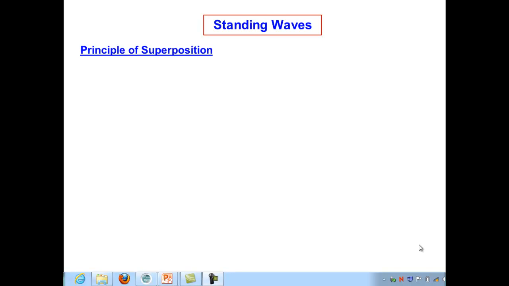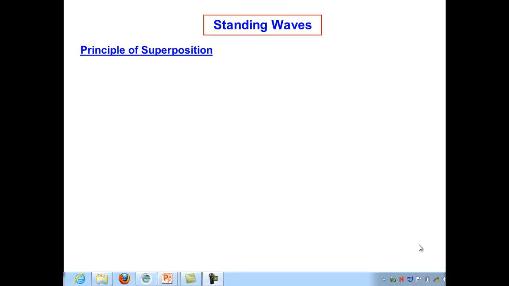Today I'd like to give an introduction to the physics of a special kind of traveling wave phenomenon, and that is standing waves. As we'll see in a minute, standing waves occur when two traveling waves with exactly the same wavelength and frequency travel in opposite directions through the same medium. And to understand why we call them standing waves and what's really happening, we first begin with the principle of